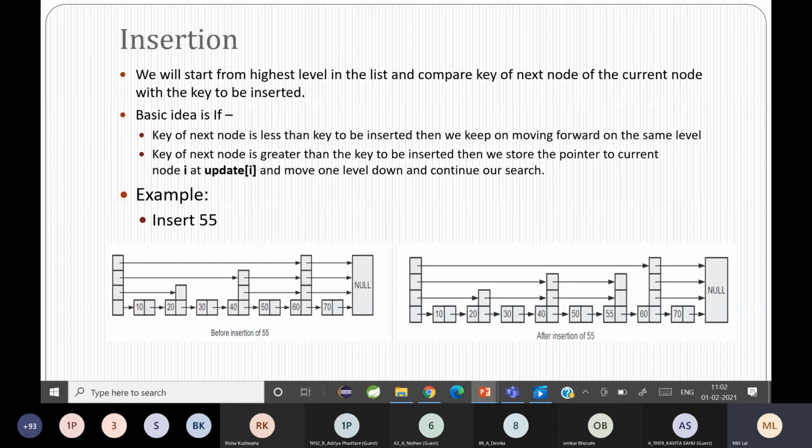And how do you get the other levels? Can somebody tell me? 55 के ऊपर का जो levels है वो कैसे हमें पता चलता है, how many levels we have to go? By tossing the coin at 55. Yeah, you toss the coin at 55. So if you get a head, you will connect 55 and move upwards. And if you get a tail, you won't go further. Is it clear? समझ में आया क्या सबको?